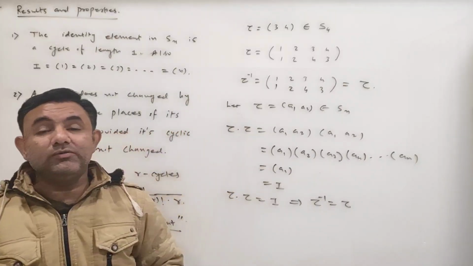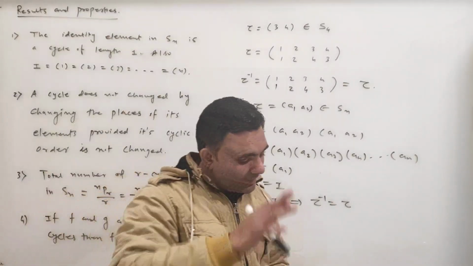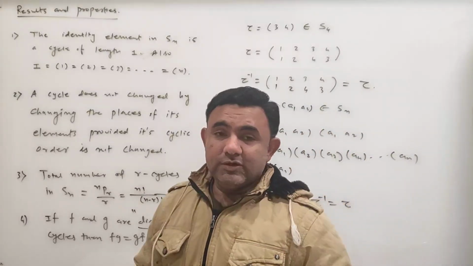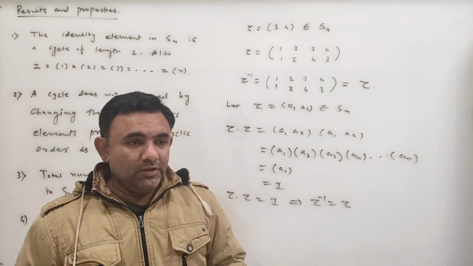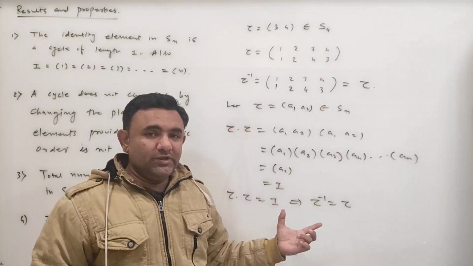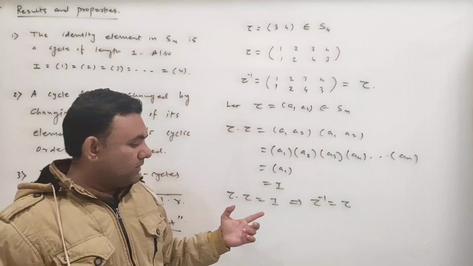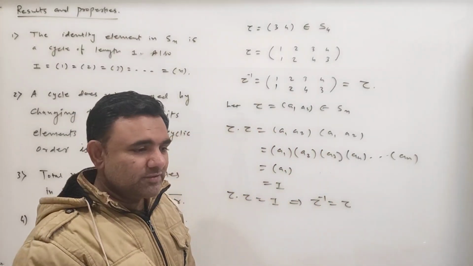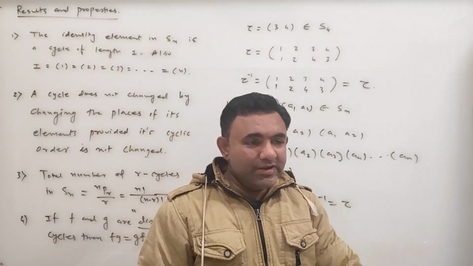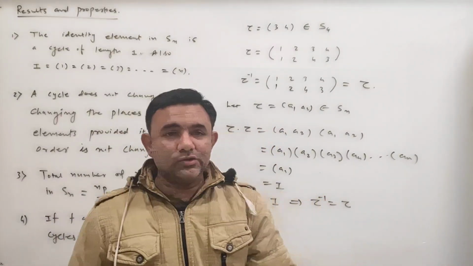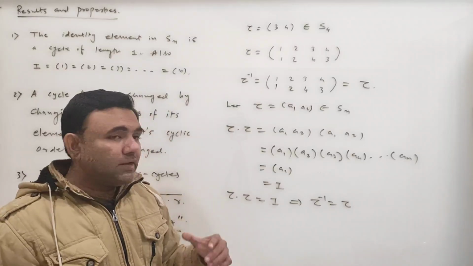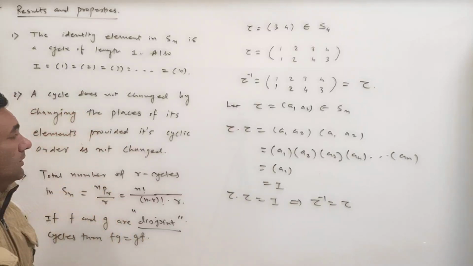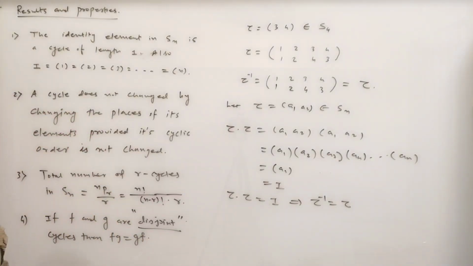ट्रांसपोजिशंस आर सेल्फ इनवर्स. तो हमने आगे देखा था ग्रुप में कि ग्रुप में जो एलिमेंट वो खुद के इनवर्स है, दैट इज कॉल्ड सेल्फ इनवर्स एलिमेंट, और उसका ऑर्डर भी क्या हो जाता है? 2. यदि वो आइडेंटिटी नहीं है, देन इट्स ऑर्डर बिकम्स 2. आइडेंटिटी भी खुद का इनवर्स है, लेकिन उसका ऑर्डर 1 रहता है. लेकिन आइडेंटिटी के अलावा जो कोई एलिमेंट खुद का इनवर्स है, तो उसका ऑर्डर हो जाता है 2. तो यहाँ हमने प्रूव कर दिया कि इन Sn